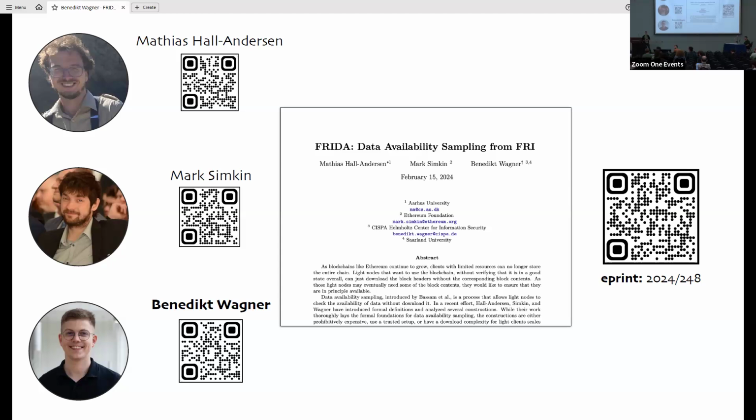Compared to the coded Merkle tree or the 2D Reed-Solomon code for data availability sampling. I didn't get that. Two-dimensional Reed-Solomon code for data availability sampling or the coded Merkle tree constructions. So by two-dimensional, you mean the one where I expand my data horizontally and vertically? Yep. So the original constructions from. So we have an analysis of that in the first paper. Okay. And you mean in terms of efficiency now? Yeah. Okay, so it's